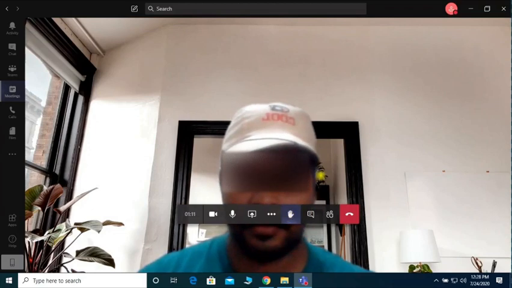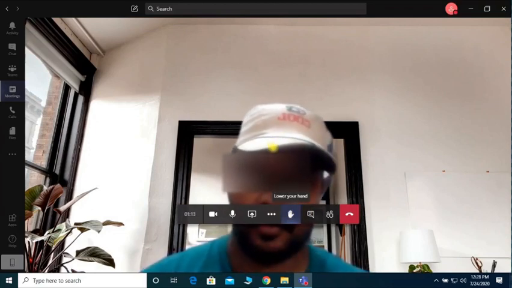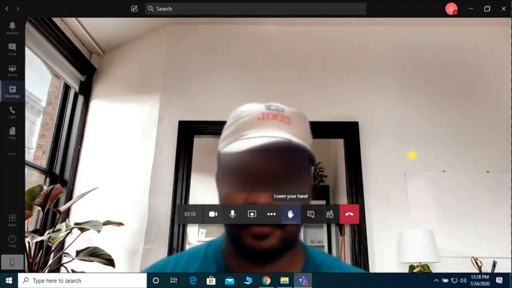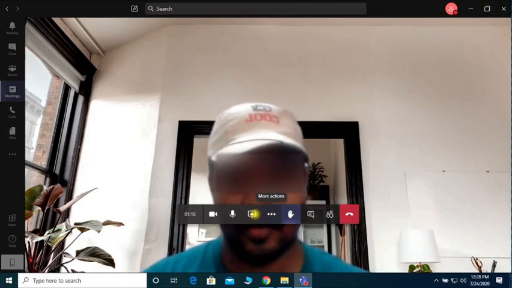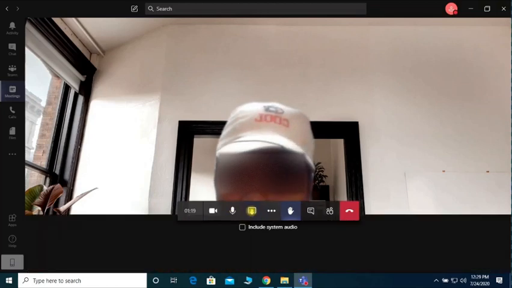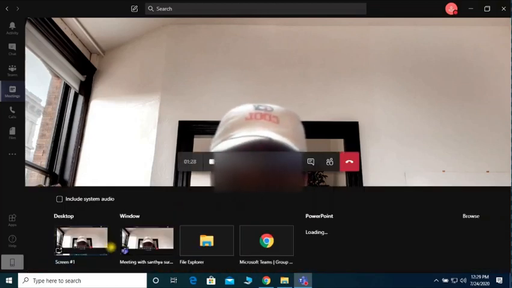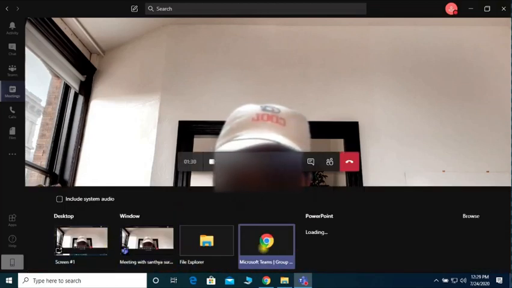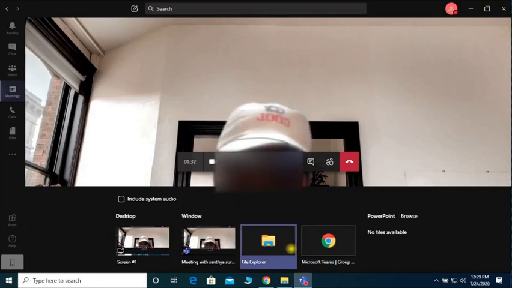Then you can see the presentation option is there. If you want to present a window, your desktop, or a file, you can use the presentation option. It will show what files are there. Desktop is there, window is there, file manager, then Chrome, then PowerPoint, all the things whatever you have open, it will show there.